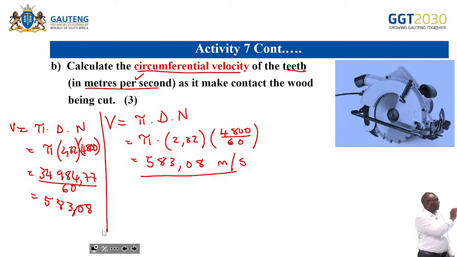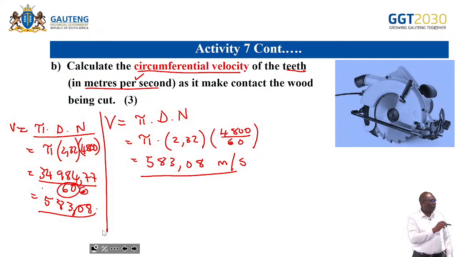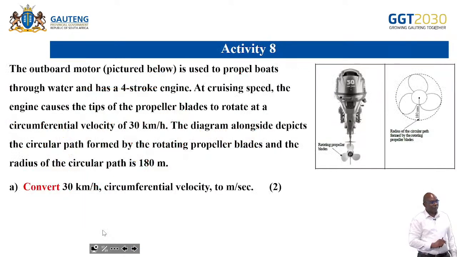So you can either do that question and then go down here and divide that answer by 60. The only thing there is that you must not forget to divide by 60. Because once you forget to divide by 60, that answer will not be correct. Because you'll have that as your final answer, and that will be incorrect. Okay, I think we are doing very well. Right, now,